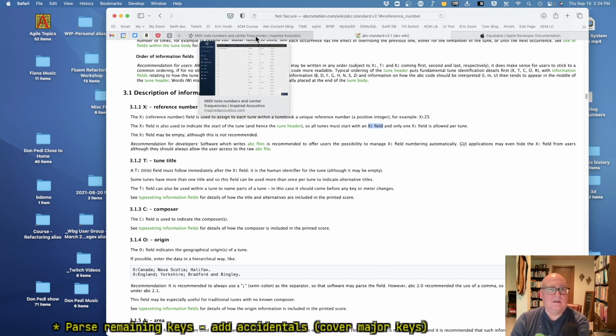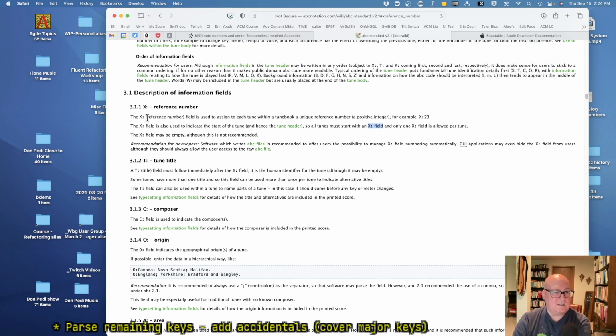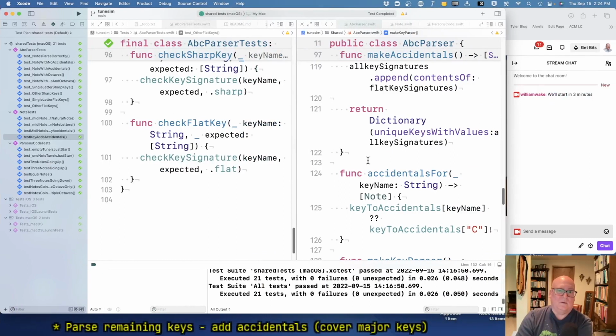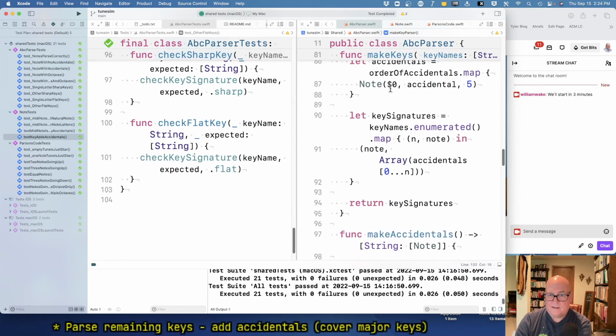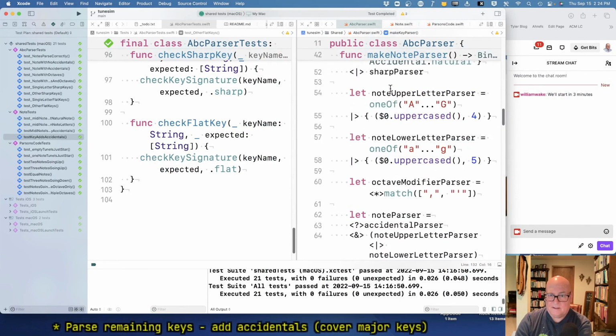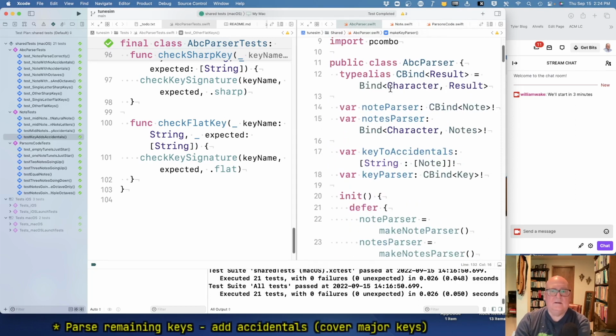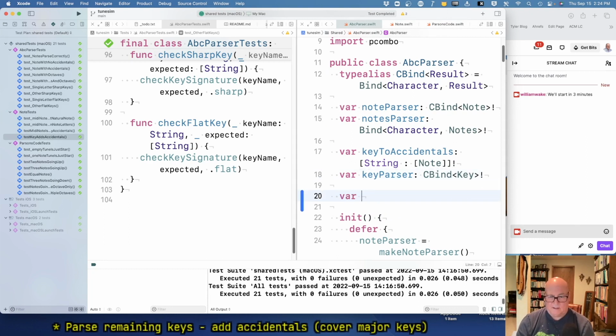Okay, so let's match an X reference number. It doesn't even tell you the reference number is a positive integer. Okay, so well, let's define an X. Okay, so key to accidentals and key parser. Let's make a reference. X reference parser is cbind of